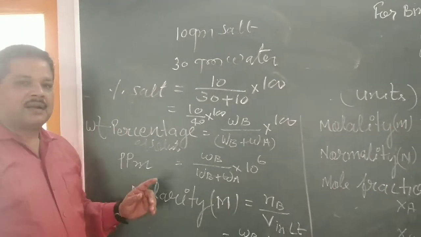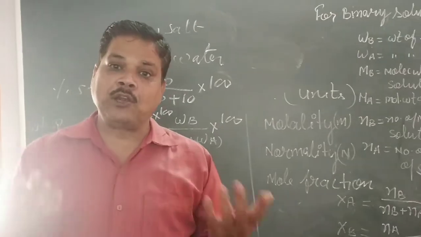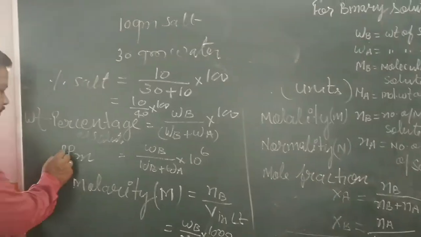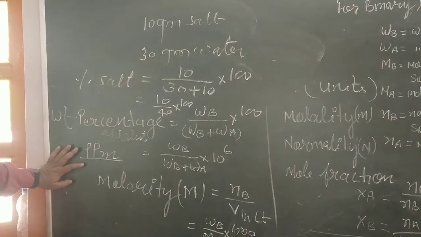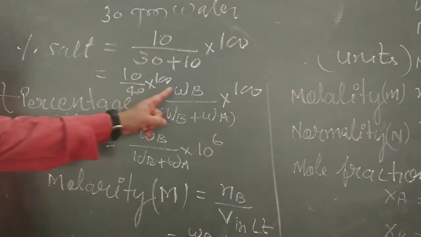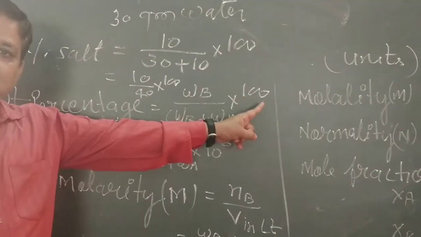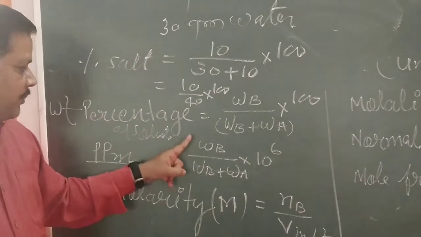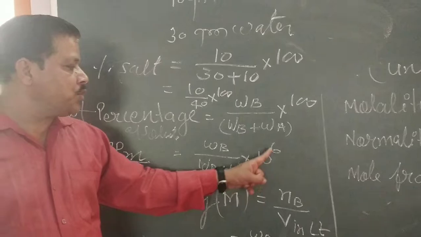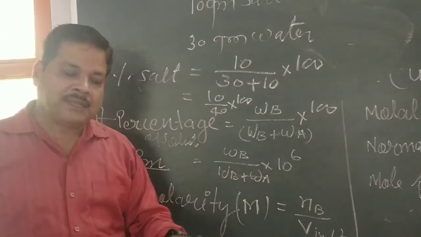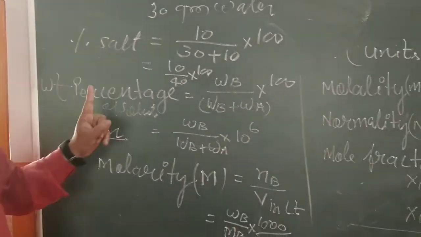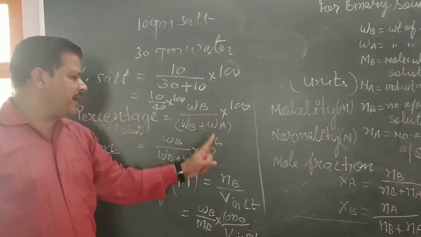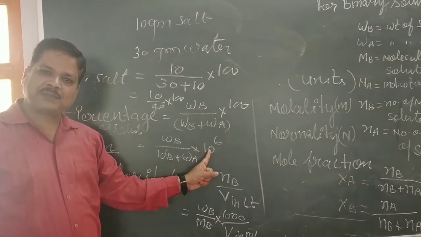In the same way, if solute and solvent are given volume-wise, then that percentage is called volume percentage. Now we come to ppm, the second unit, parts per million. Here in percentage it was parts of solute in 100 parts of solution. Here it is the weight of solute in 10 to the power 6 parts of solution, and that is called ppm. This unit is generally used to measure the pollution present in the atmosphere. So instead of 100, here we use 10 to the 6 parts of solution.